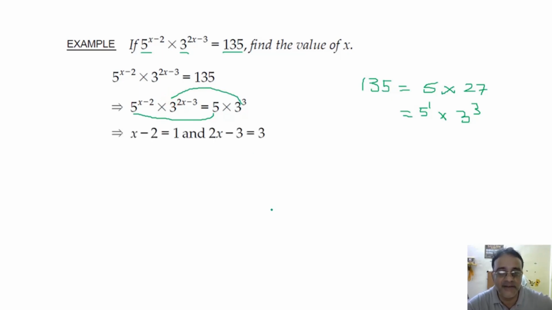So after comparing we will get this one. Now shift minus 2 to this side, it will become plus 2. And here minus 3 shift to this side, it will become plus 3. The value of x should come the same from both. Check whether it is coming or not. Yes, sir. Okay, here also 3 is coming and here also 3 will come. 6 by 2. So the final answer is x is equal to 3. Any doubt? No, sir.